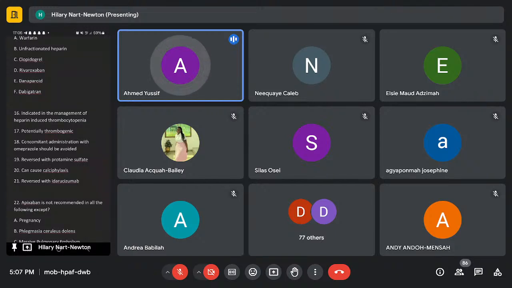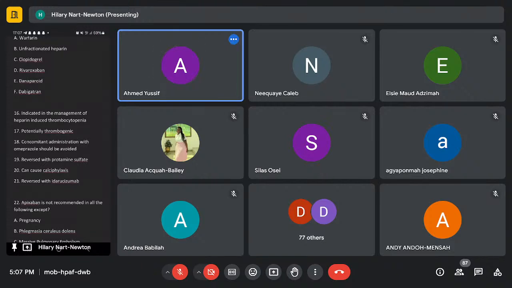So the recommendation is to replace one of the agents, because if you space it, the interaction will still happen. So you want to replace. You can replace the PPI with H2 receptor blockers, which do not have any interaction with omeprazole. But the H2 receptor blockers are not as effective as PPIs. It's likely that the clinician may still want to do a PPI. So in that case, if you want to do a PPI, you can either do